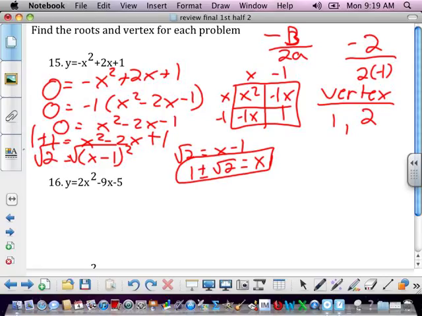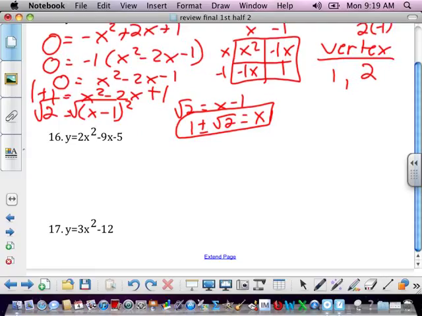Alright. Let's move on to number 16. First thing I'm going to do is I'm going to find the vertex. So I take negative b, so that's 9, over 2 times a, which is 2, so I get 9/4. I'm going to change that into a decimal. 9 divided by 4 gives me 2.25. Now I'm going to take that and plug it back in for x, so I get 2 times 2.25 squared minus 9 times 2.25 minus 5. Okay, so my vertex is